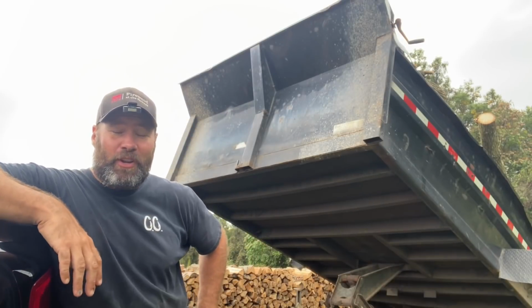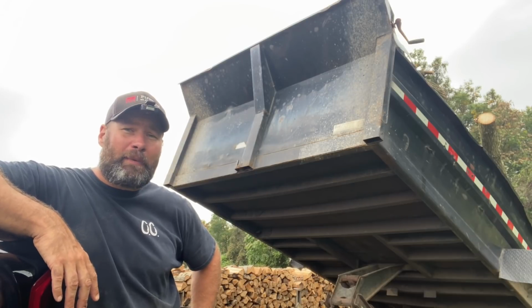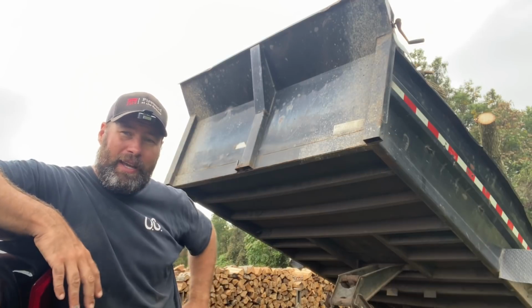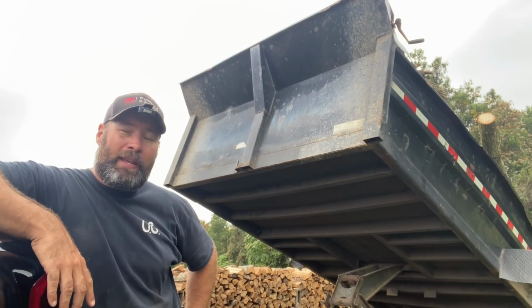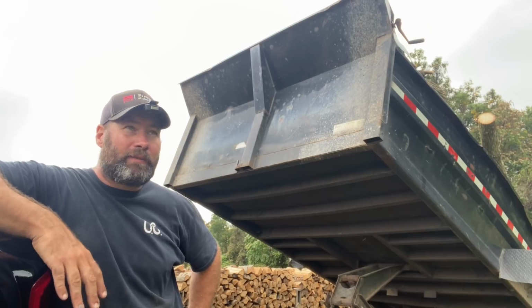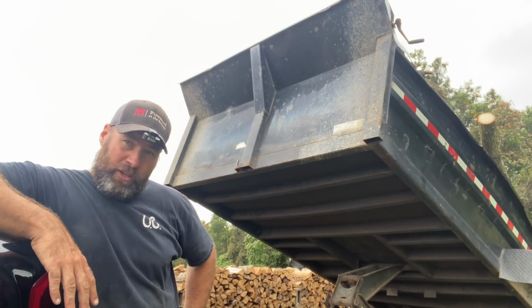All right, so new plan. Here I am still sitting with the dump trailer 2/3 of the way up in the air. My jump pack, that little tiny jump pack that I had, putting the trailer up that far with that amount of weight in it just wiped it out. It's dead. And it was fully charged. So the new plan